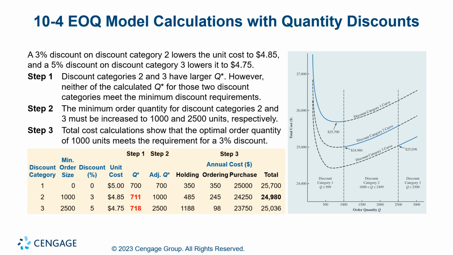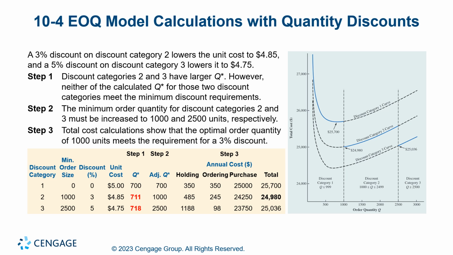So you think, I know the model suggests 700, 711 or 718, but what if I adjust the quantity so that I can enjoy the discount? So you adjust the quantity. For the first category, it doesn't matter whether you buy 0 or 999, there's no discount. But you have computed that to minimize the total cost you choose the Q optimal, which is 700. So the total cost is